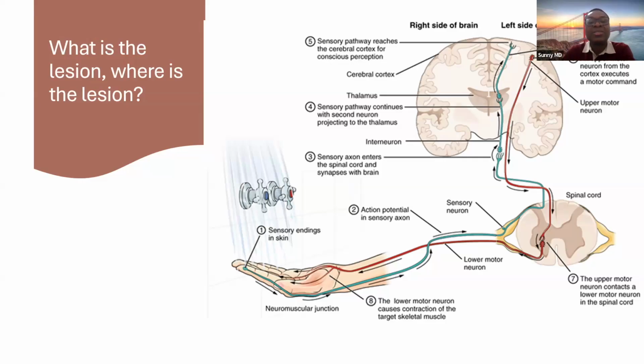That's already giving you an indication that you're dealing with a lower motor neuron problem. And then you check the reflexes or the tone. The tone is hypotonic. Okay. And remember to go TPR in that order. So hypotonia. Again, that buttresses your thoughts that this could be lower motor. And then of course you check the reflexes. And again, you've got decreased reflexes. So this is likely going to be a lower motor neuron